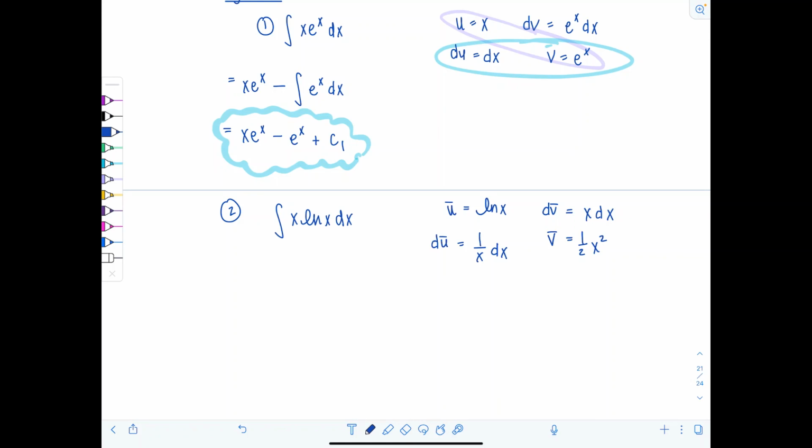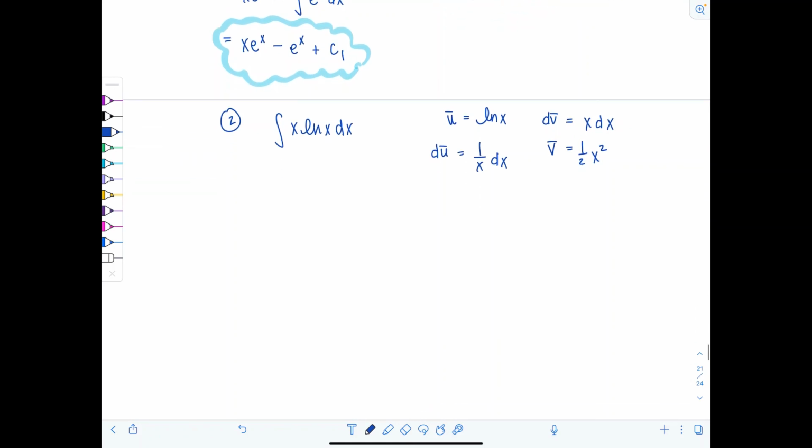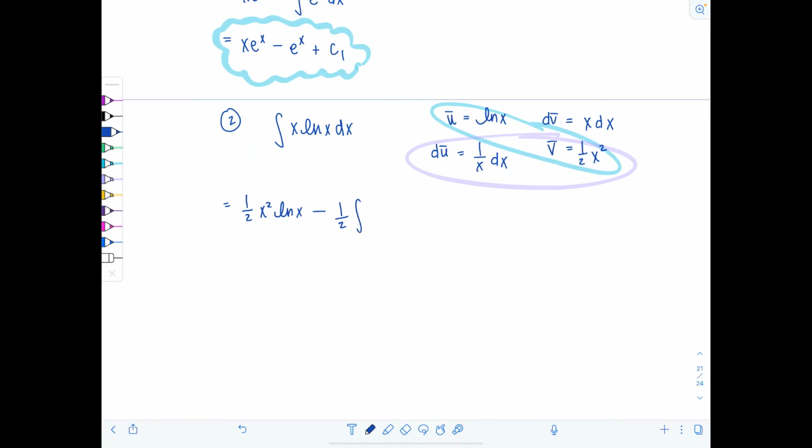Now it's time to integrate. We have uv not integrated, so that's just going to be 1/2 x squared natural log of x minus integral of v du. Let's put that 1/2 outside. I love pulling those constants outside so I can really focus on the variables and what's going on. Integral 1/x times x squared dx. Notice I can cancel out an x. Good, good. So we've got 1/2 x squared natural log of x